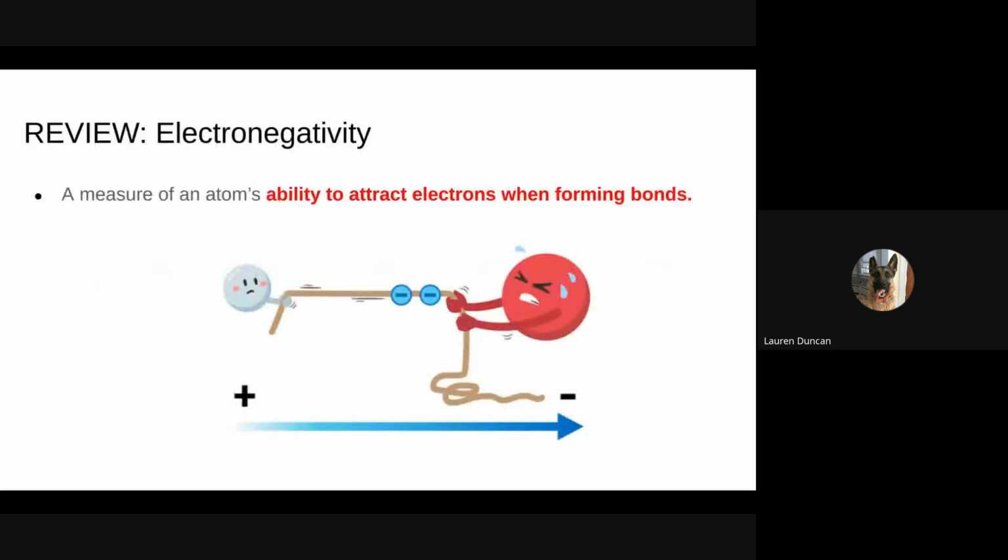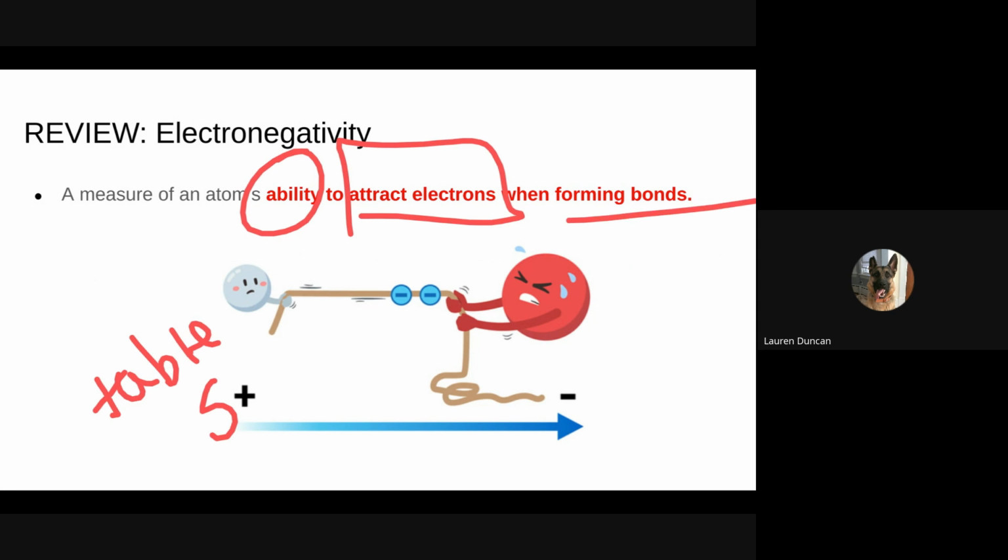Polar and nonpolar bonds. Not in the notes right now, but super important is that we talk for a second about the concept of electronegativity. We learned about this in our periodic table unit, but basically electronegativity is a numeric measurement, and you can find a list of them on Table S. You're going to need to use Table S a lot today. These values represent an atom of an element's ability to attract electrons when